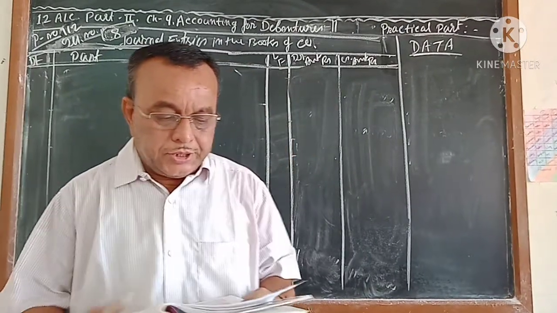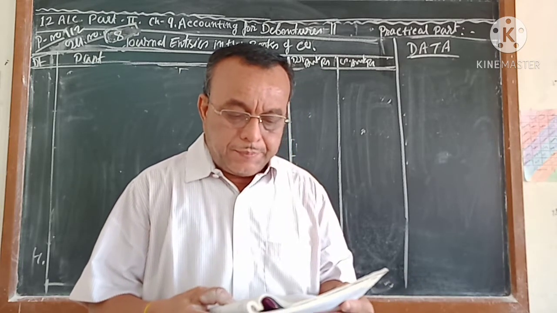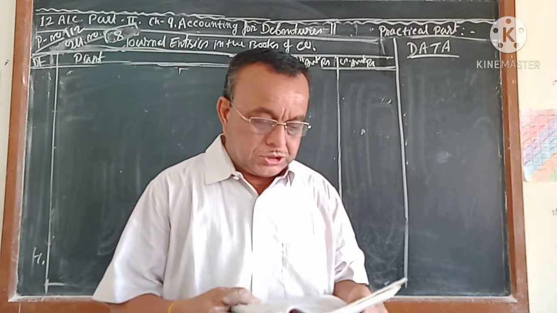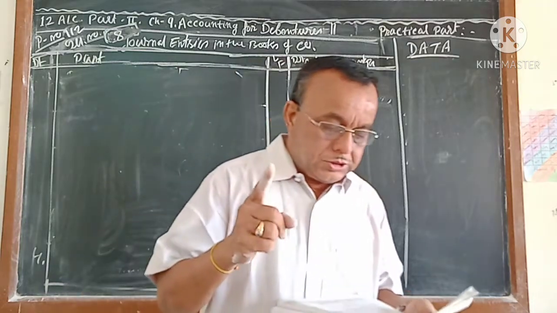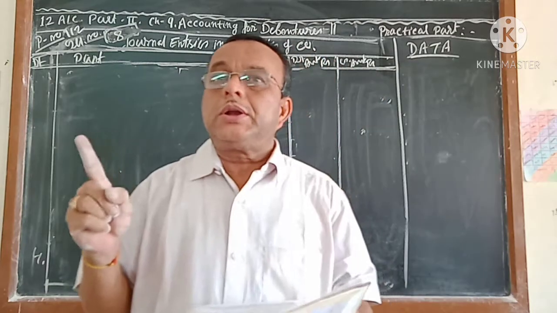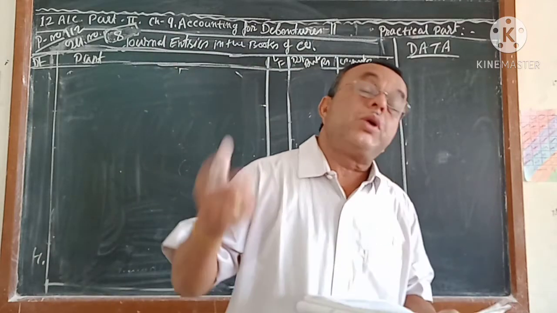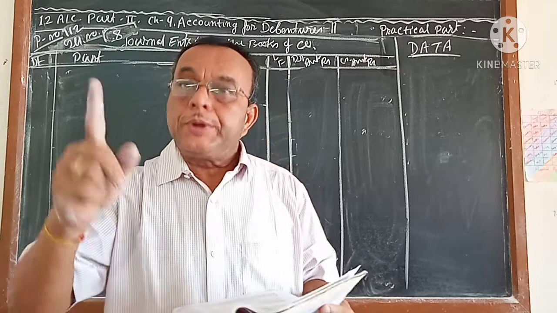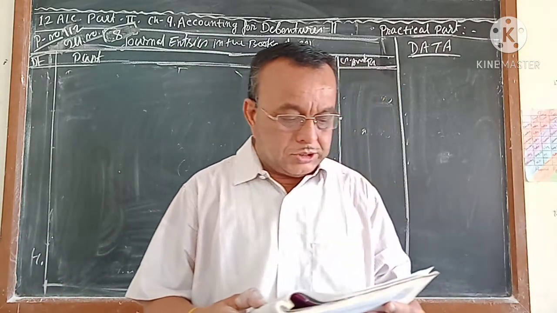Charmy Pensions Limited issued 1,20,000 10% debentures at the face value of rupees 200 each at a premium of 10%. So the total number of debentures is 1,20,000, each with a face value of 200, and at a premium. Whenever you are issuing, at that time you are collecting the premium. So the issue-time premium is there, and that account will be carried. The amount was payable as under.